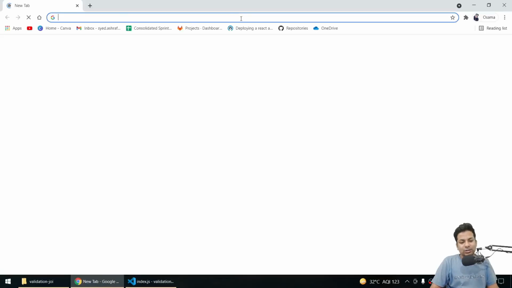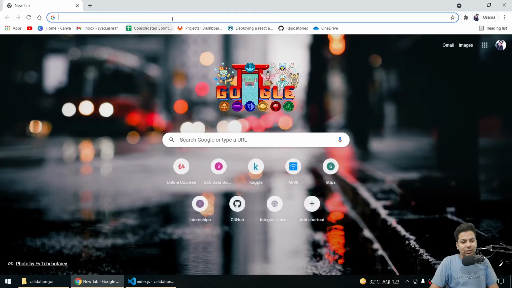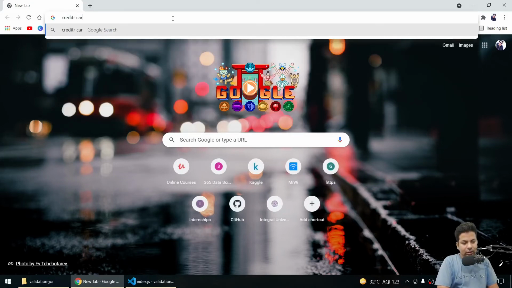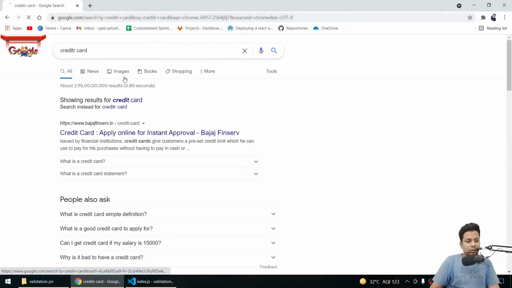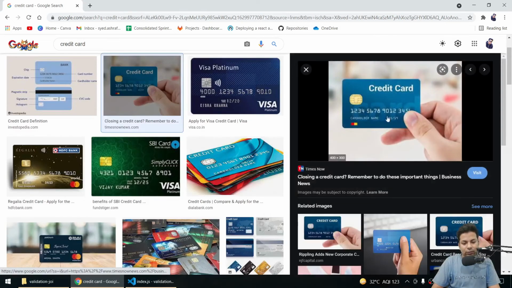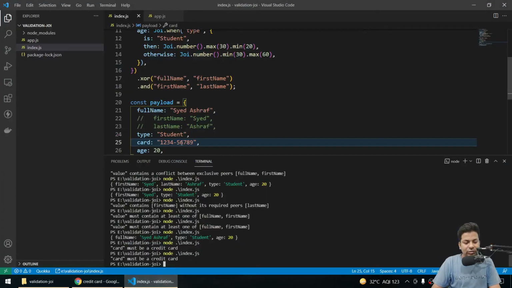So let me just search a credit card number. I'll say credit card images, and we'll just pick any one. We can see it's like 4 4 8 12 16, so it has 16 numbers. So we'll put 16 numbers: 1 2 3 4 1 2 3 4 1 2 3 4 1 2 3 4.